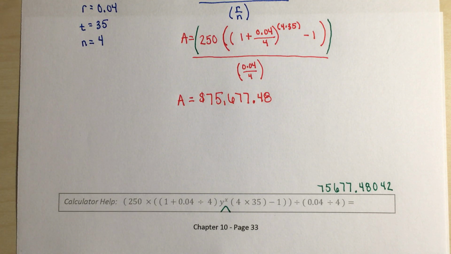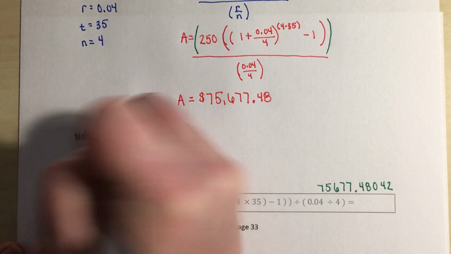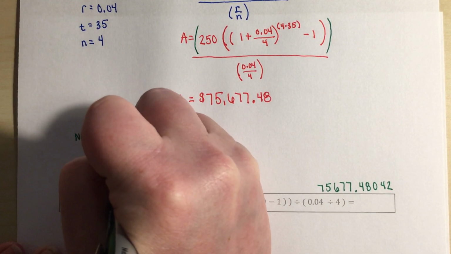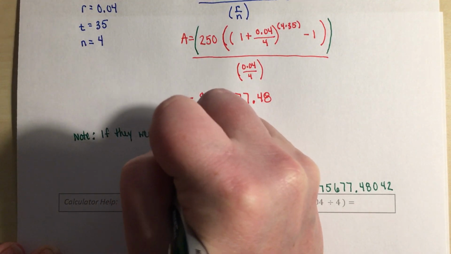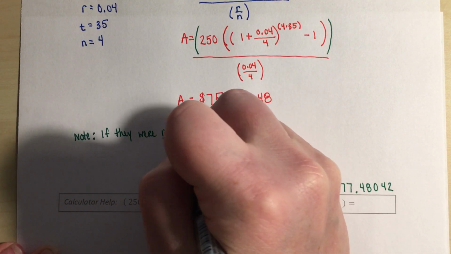So just for a quick comparison's sake, I'm going to make a little note in here. We'll just use green. So note, if they were not receiving any interest,